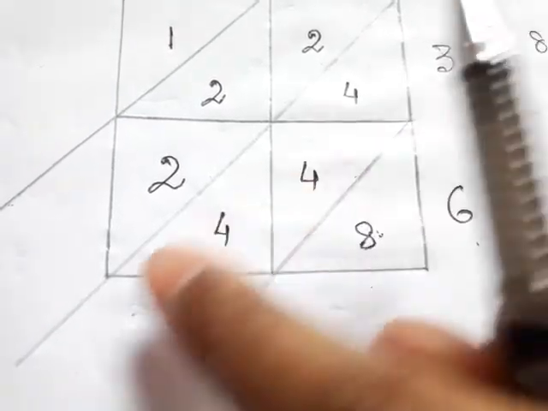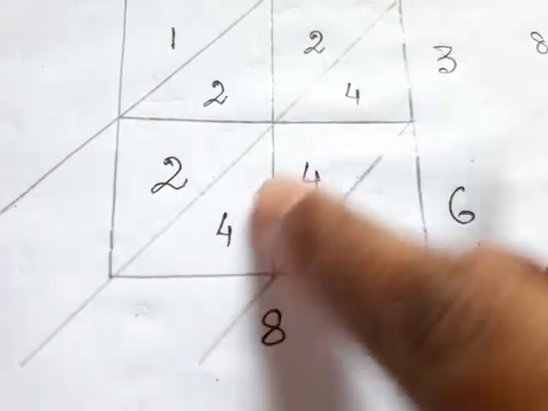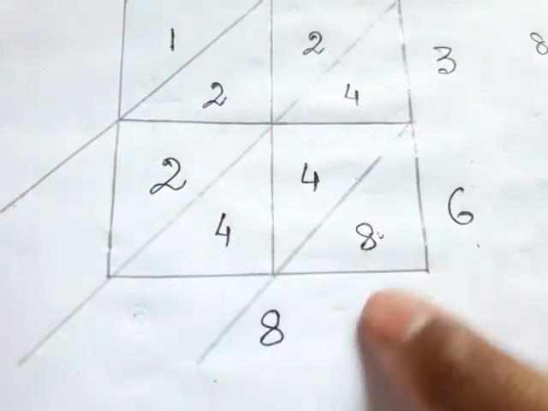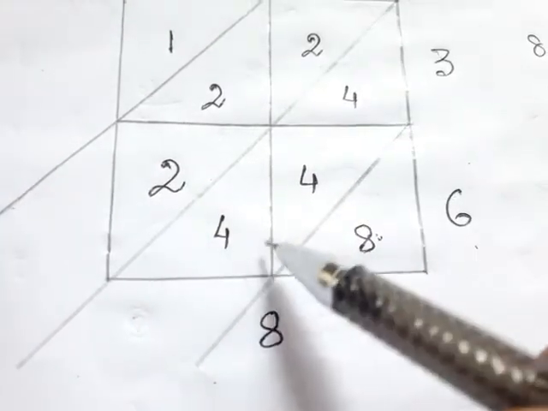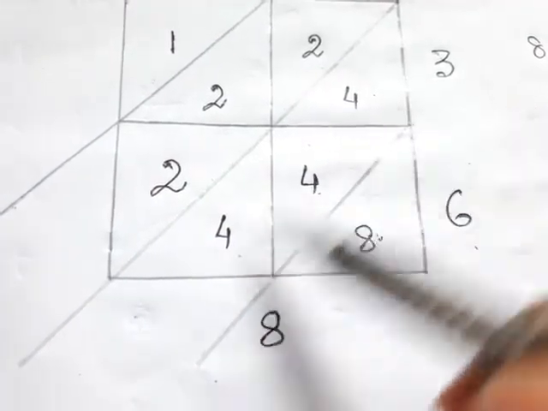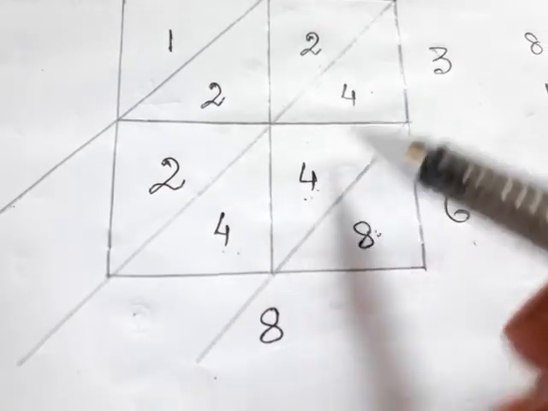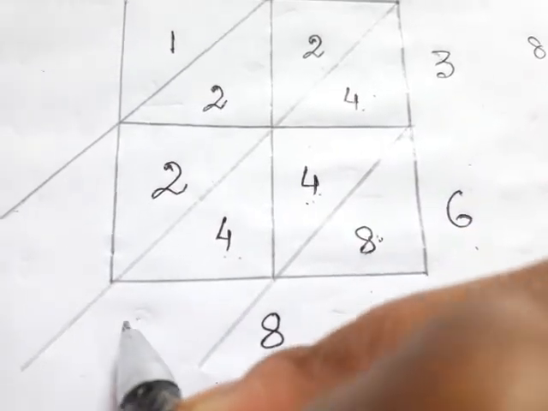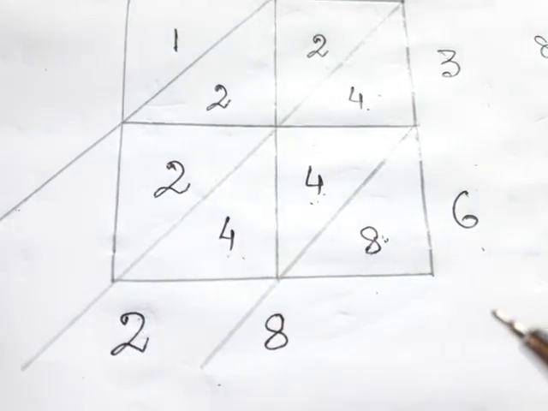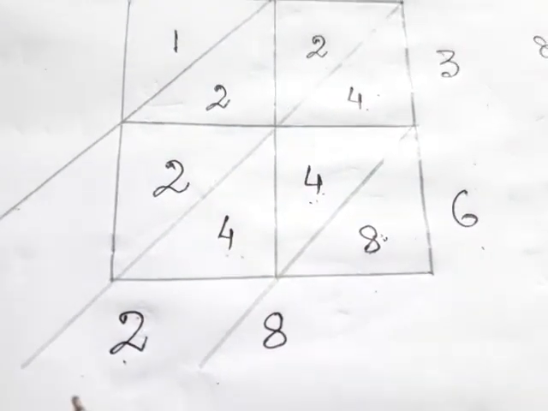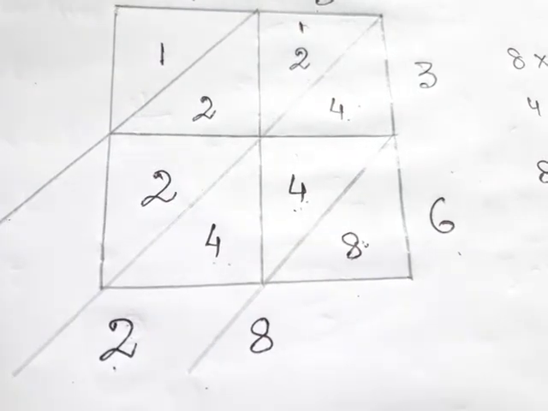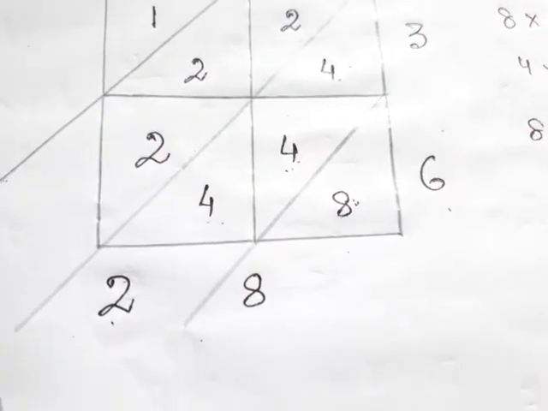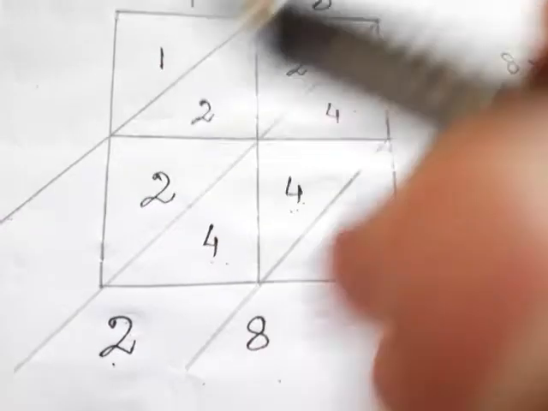So 8. Now see the second diagonal line. You will not see the upper part, you will not see the lower part also, only see the second diagonal line here. Now here I have 4, 4 and 4, so I will add it up. 4 plus 4 is 8, 8 plus 4 is 12, so I'll write 2. Clear? I have written 2 here, but where will my 1 go? My 1 will be carried forward here. I'll write 1 here, just like simple addition. The ones place will be here and the tens place will be carried over.